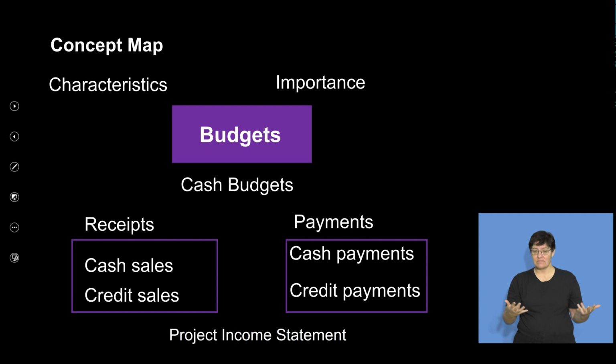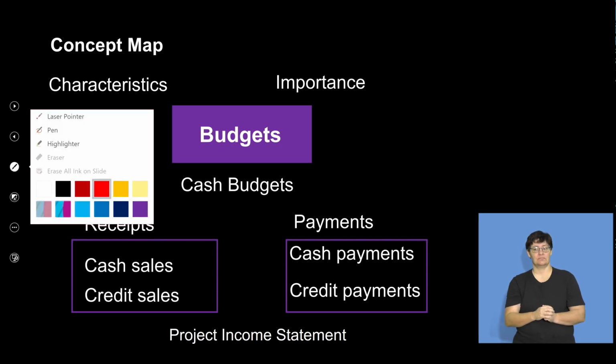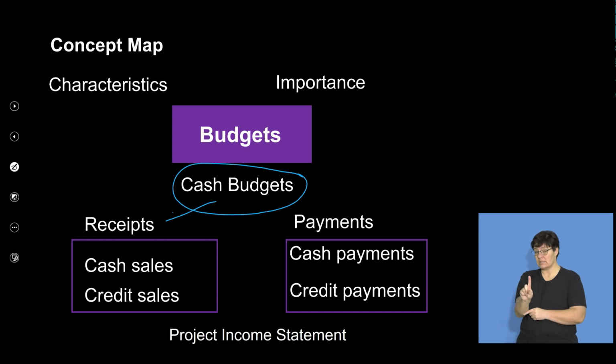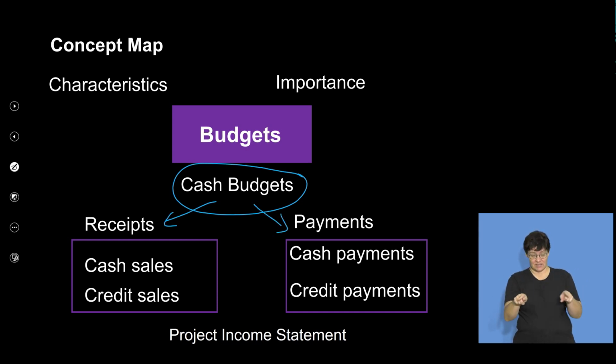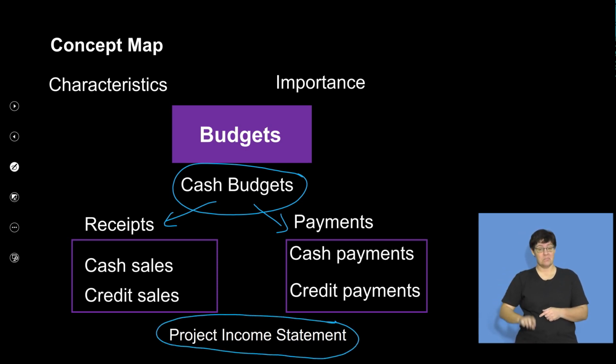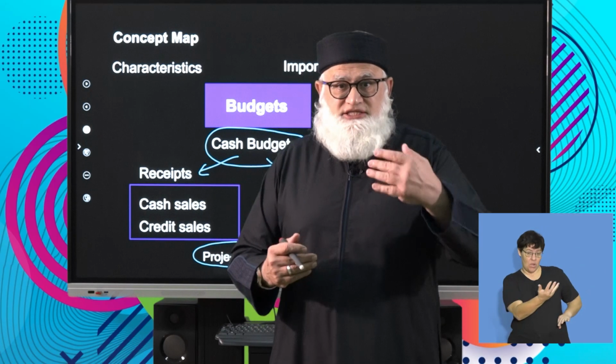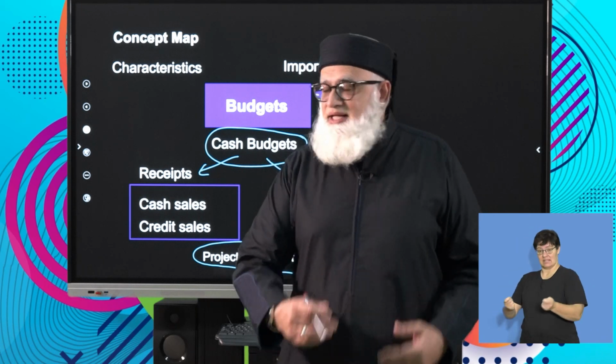A quick recap. Remember, when dealing with the cash budget, what did we say? We said that you're looking at receipts and payments, and when you're working with a projected income statement, you are looking at your incomes and expenses. Remember the terminology: income that we have earned and expenses that we have incurred.